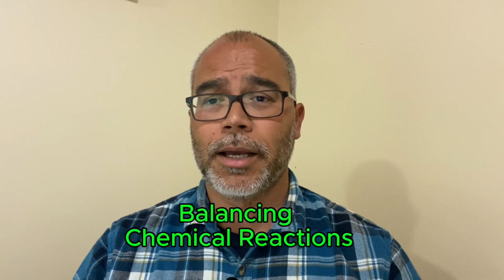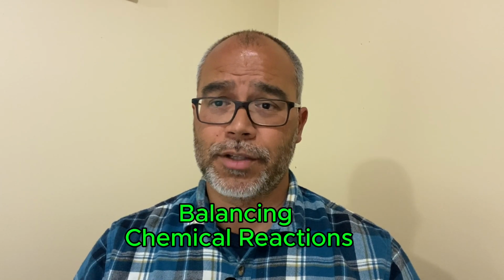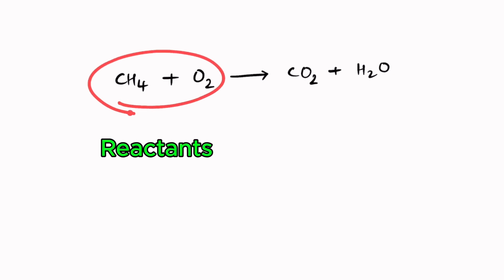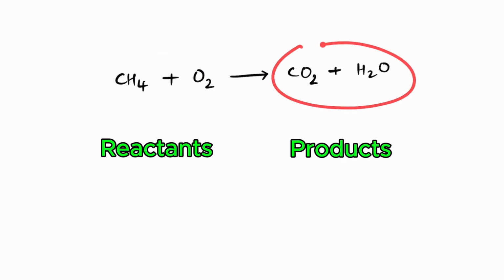Today we're going to tackle a topic that could be a little intimidating for you. It's about balancing chemical reactions. Let's get started. First, let's understand what a chemical equation is. It's simply a symbolic representation of a chemical reaction. We've got our reactants on the left, the substances that react, and our products on the right, the substances that